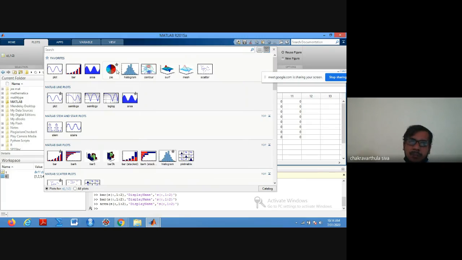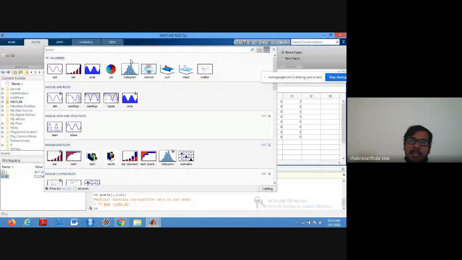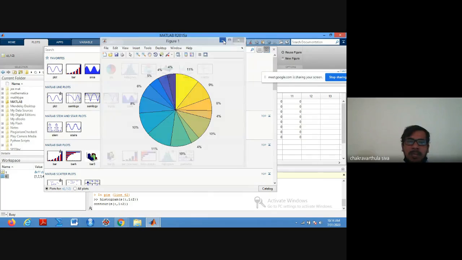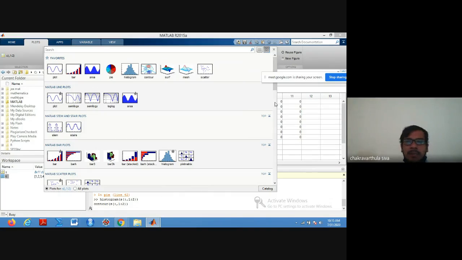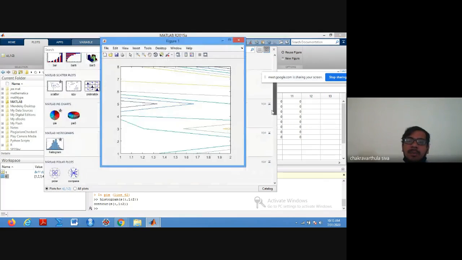And if you want pie charts, just click on pie charts as well. So it is going to generate a pie chart as well. And if you want histograms, just click on histograms. If you want contour plots, just click on contour plots. So there are many options available if you go through here. Suppose your content is related to a pie chart, just click on pie chart. If content is related to contour charts, select contour charts, and surface plots and mesh grids. All the options are available here.